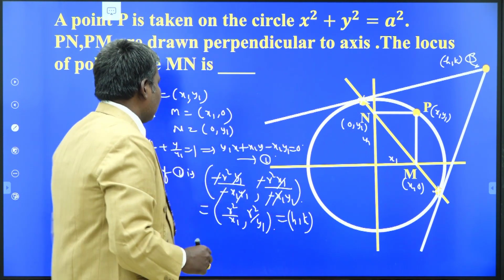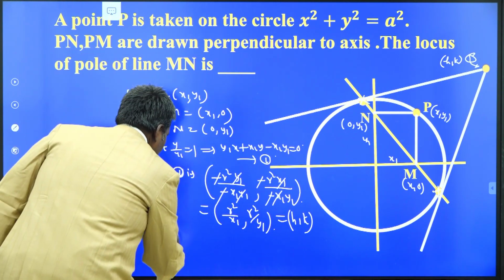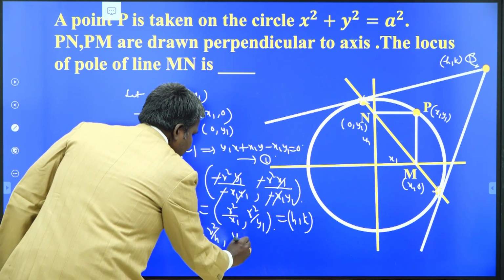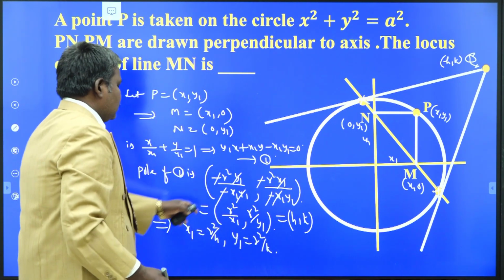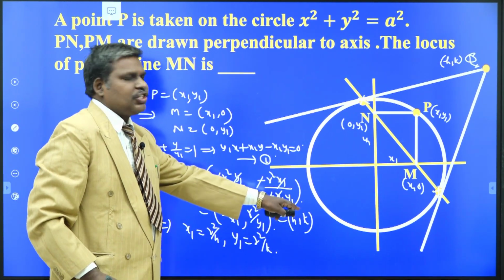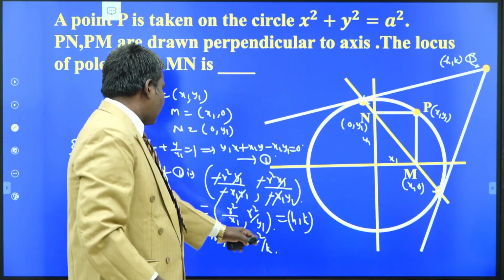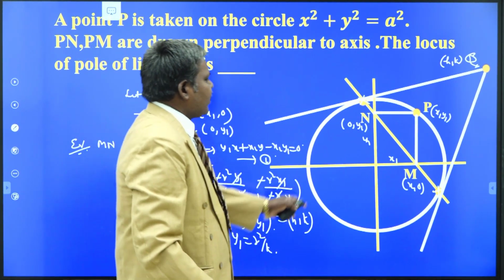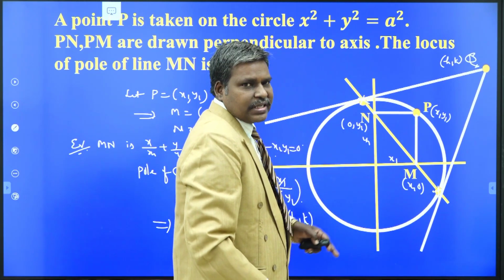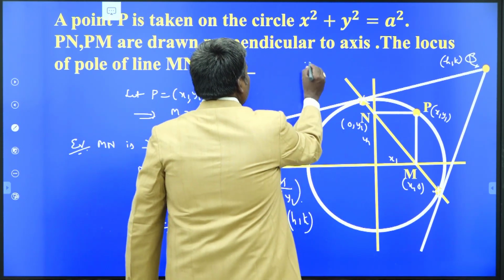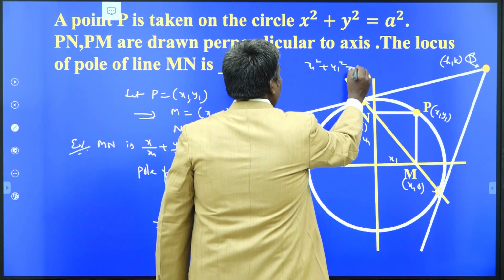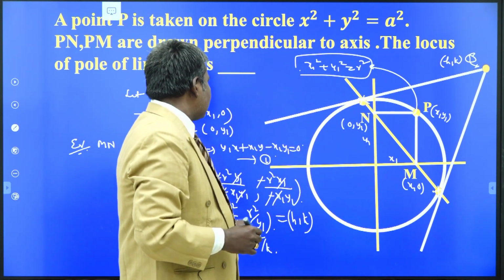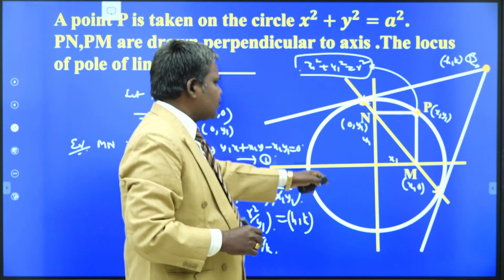From this relation, can you calculate the values of x1, y1 or not? By equating the coordinates, we get x1 equal to r square by h and y1 equal to r square by k. This is the original pole; we are taking it as h comma k, which is on the locus. Now x1, y1 lies on what, dear students? Your circle x square plus y square equal to r square. We get the condition x1 square plus y1 square equal to r square. Since the point is on the circle, you just put the values of x1, y1 here itself. We get the condition on h comma k.